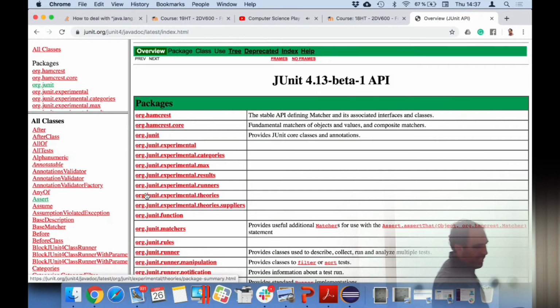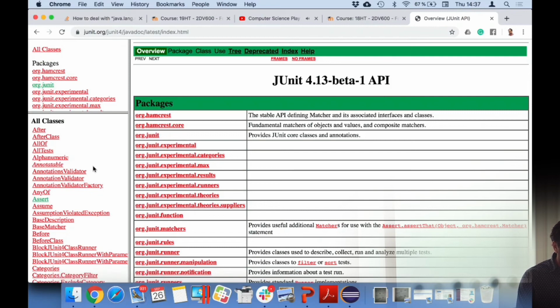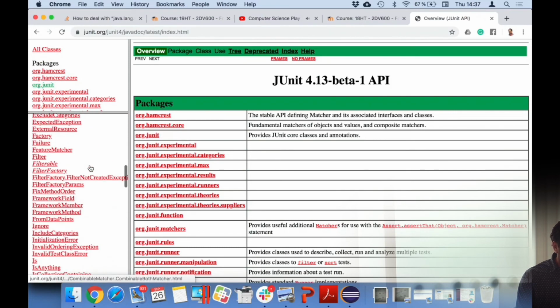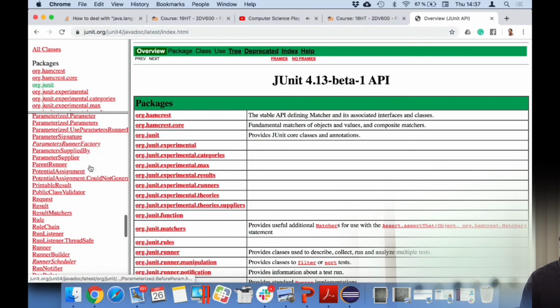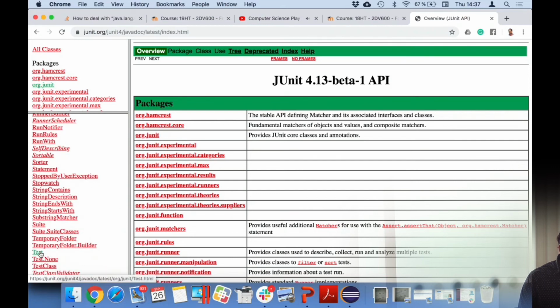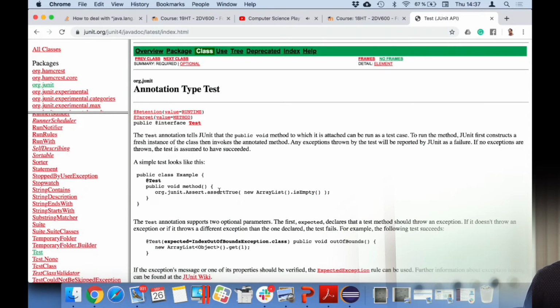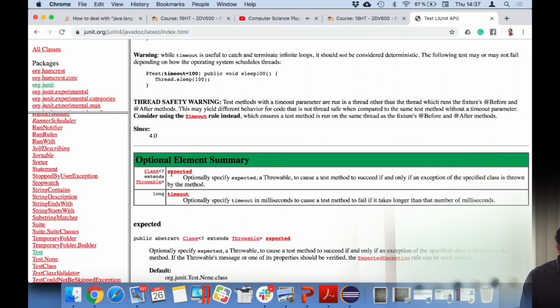But now we are talking about two of them, Test and Assert. So you can read the description of this Test annotation, and you can read about the different elements that can be used. So for example, now we are using this expected element together with the Test annotation, and